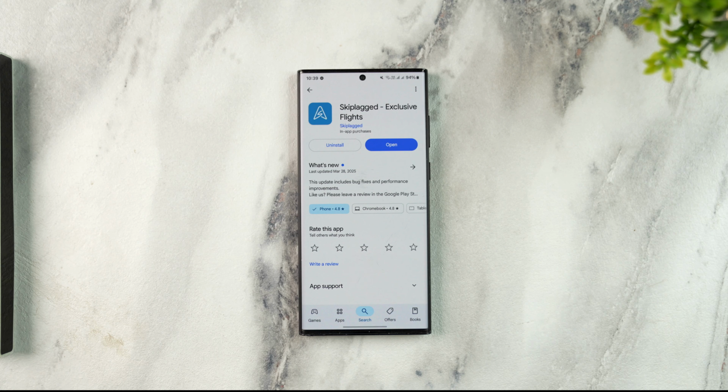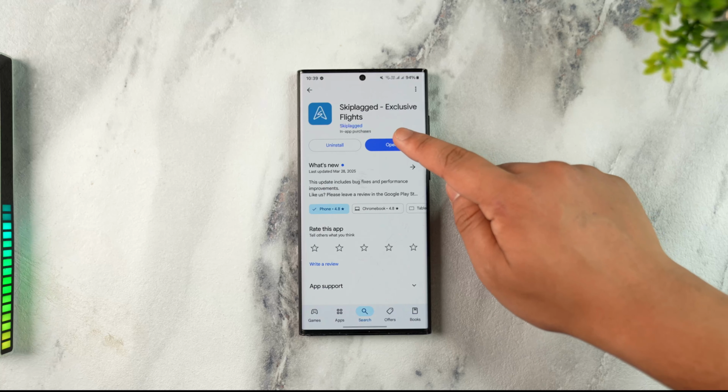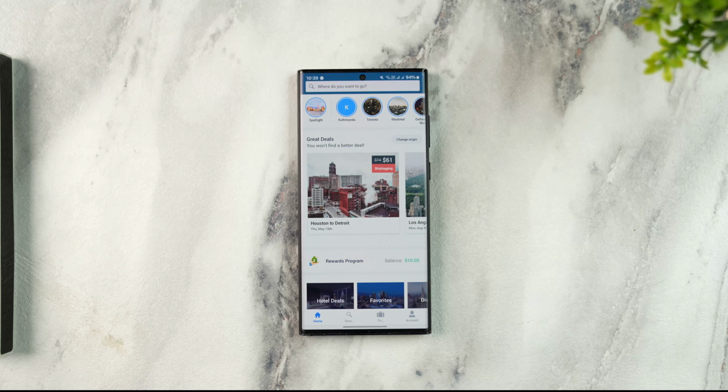How to find Skiplagged flights. Search flights on Skiplagged. If you want to search or find flights on the Skiplagged app, it is very simple for us to do so. First of all, make sure that you open the Skiplagged app and make sure that you're signed in